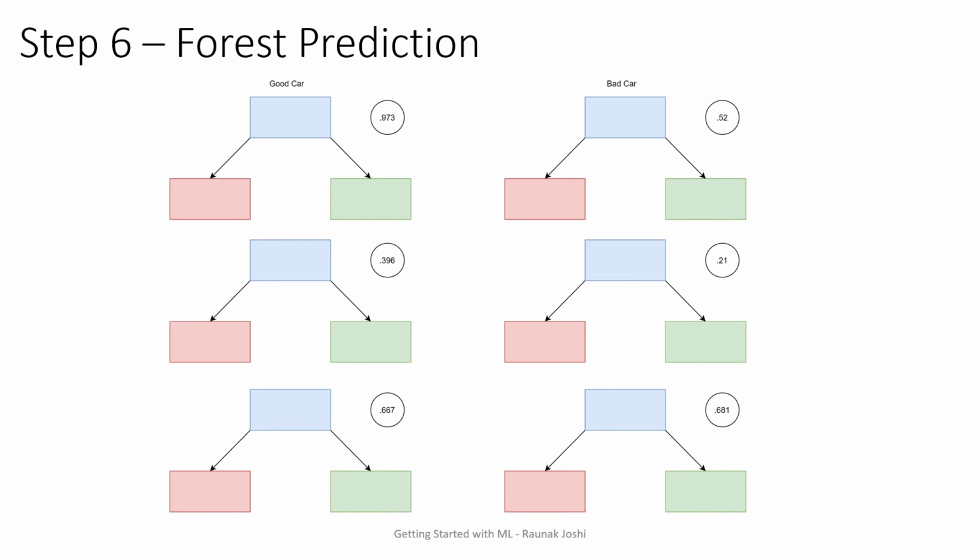These are just random values, okay, I haven't calculated those, but the values will be like this. In the end, you are going to take the summation of all of these values. So I first take it for the good car and also for the bad car, and I'm going to select the number that is the highest, and make the prediction.